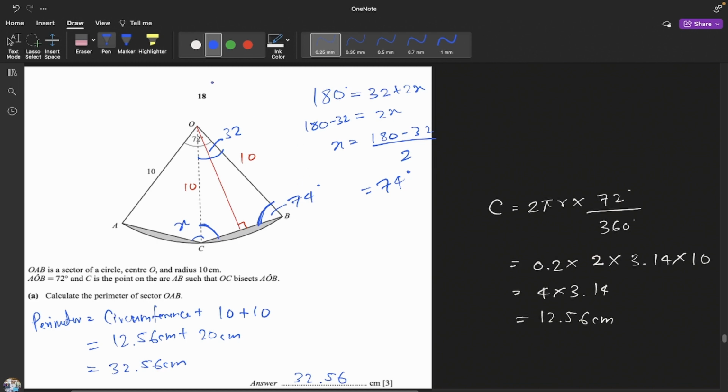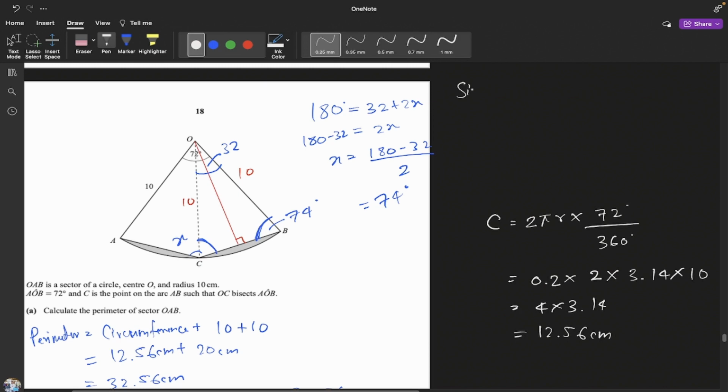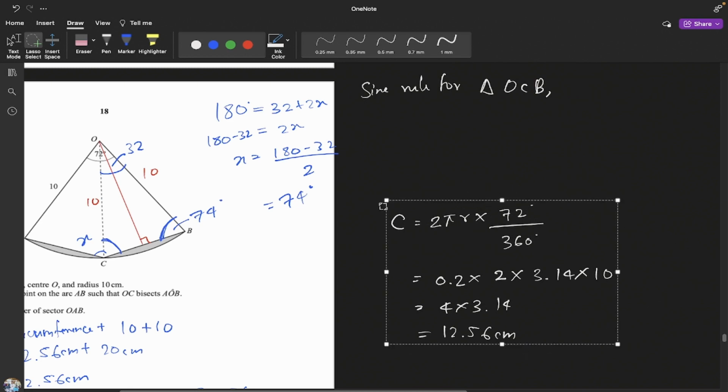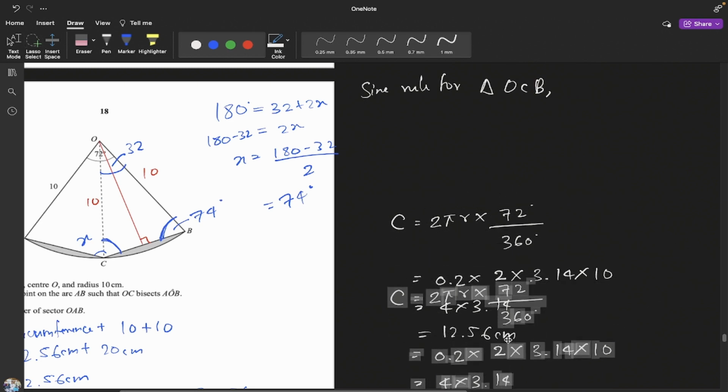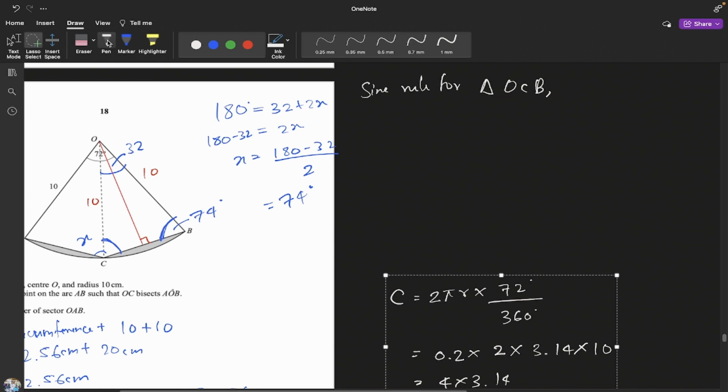We can use the sine rule, right? I explained the sine rule in the previous video, so I hope you watched it, or else if you know it, it's good. So if you use the sine rule for triangle OCB, I'll move this a little below. If you consider the sine rule for OCB,